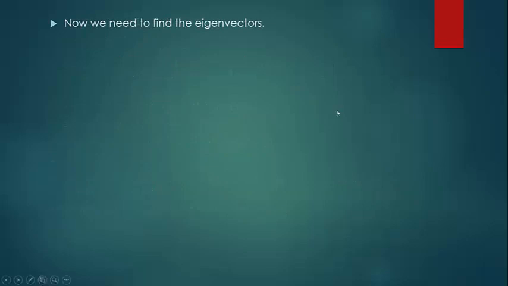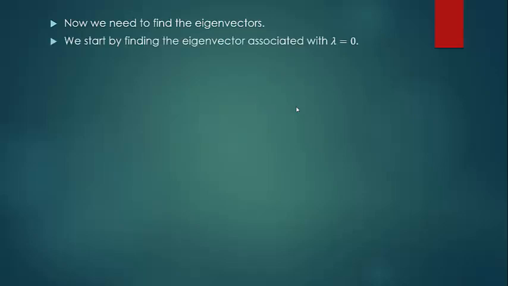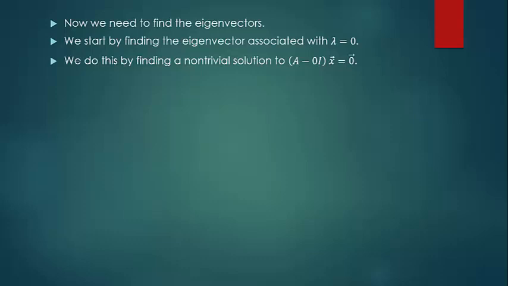Now we need to find the eigenvectors associated with each eigenvalue. And we have to do the same sort of process 3 different times, one for each eigenvalue. So let's start by finding the eigenvector associated with lambda equals 0. We do this by finding a non-trivial solution to A minus 0I x equals 0. Notice, all I've done is taken lambda and replaced it with 0, and I'm trying to find a non-trivial solution